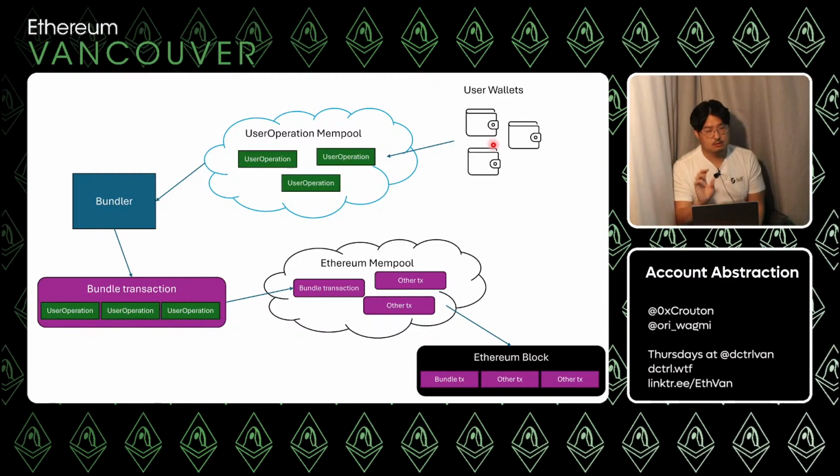So the users will interact with their wallet or with the dApp, and it will create a user operation. That wallet or dApp will submit the user operation into this user op mempool, and it sits around there waiting for a bundler to pick it up. Once it's in the mempool, the bundlers will pick up user operations and package them together into this bundled transaction. This bundled transaction is actually a real transaction. It's just like any call onto the blockchain. And inside that bundled transaction, as part of its call data, are these user operations that they bundled up. And then once they're submitted to the Ethereum block mempool, they're bundled up into Ethereum blocks, and then they're mined, and then the chain moves on.